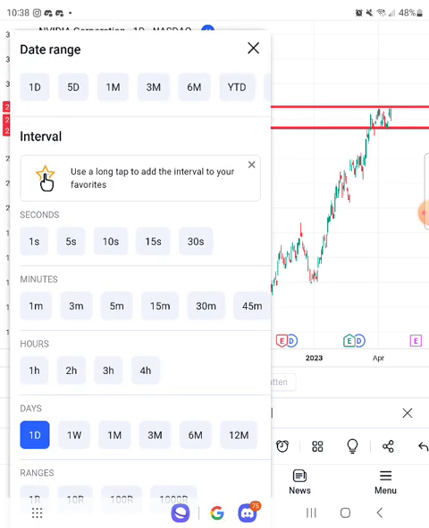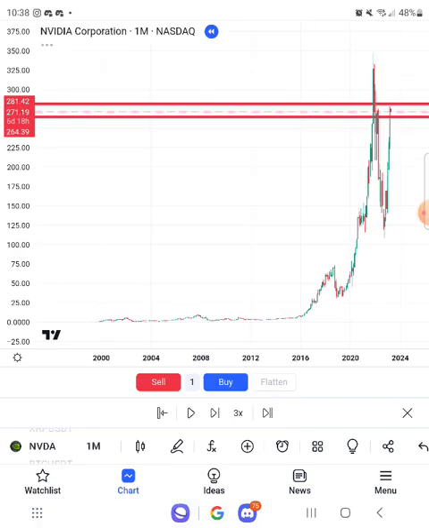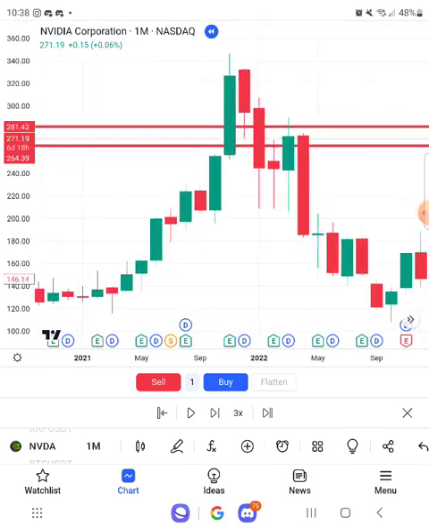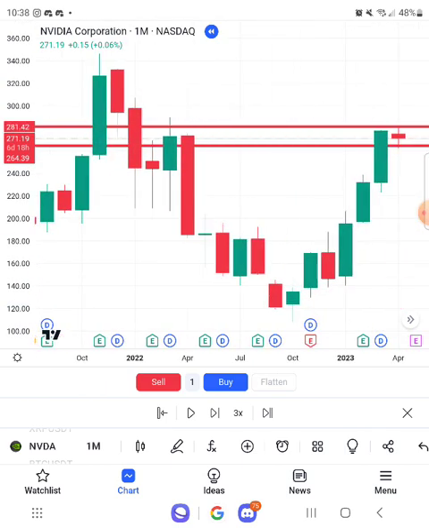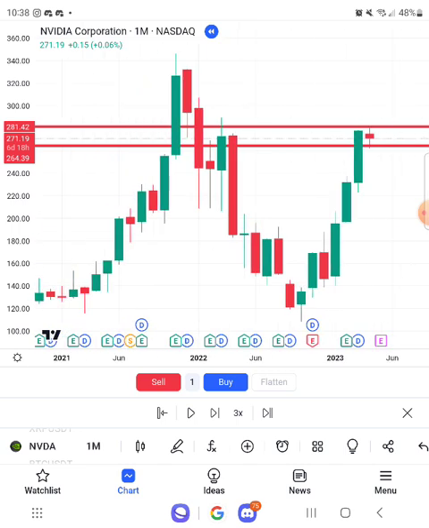And let's go to the monthly. We'll know if this zone holds also in the monthly time frame. So here we see that in the monthly time frame, the zone is still valid. This is a very particular zone, and we know that this could mean that we're in a trend reversal.